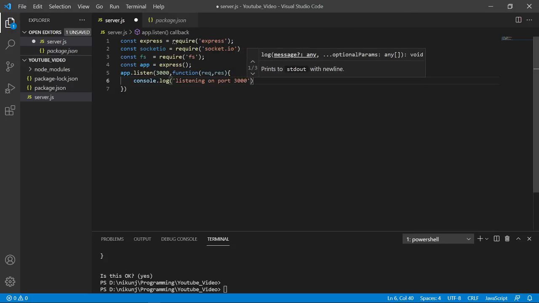What this code basically does is listen on port 3000. If there is no error, then it will start listening on 3000 and display a message, listening on port 3000.